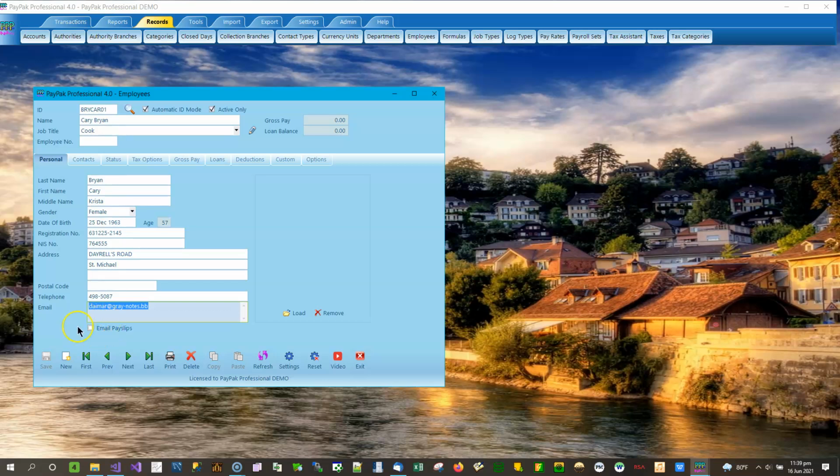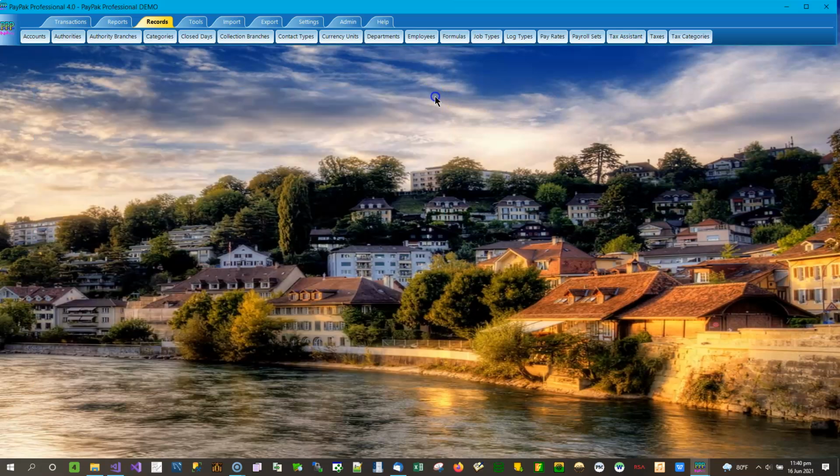Now here we have Kerry Bryan, and in this case there's an email address, but the option to email payslips is turned off, so she will not be selected automatically. Well, she will not be selected for emailing payslips because that option is turned off. You must have both options turned on. It cannot be changed from the email payslip screen. It's controlled here. So let's go back to the email payslip screen,